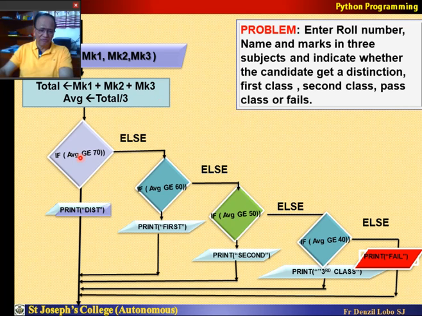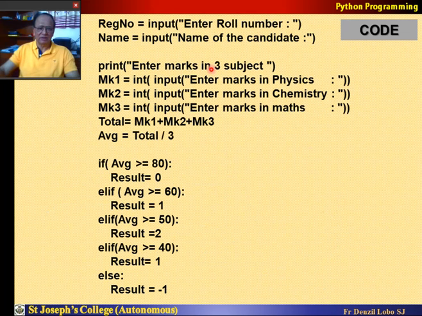As you see there, if, elif, else. There are so many options here. So, in this program, I input the register number, then input the name of the person, and then enter marks in three subjects. I get mark 1, mark 2, and mark 3. Here I convert them into integer. Then I find the total, then find the average, and then I ask this: